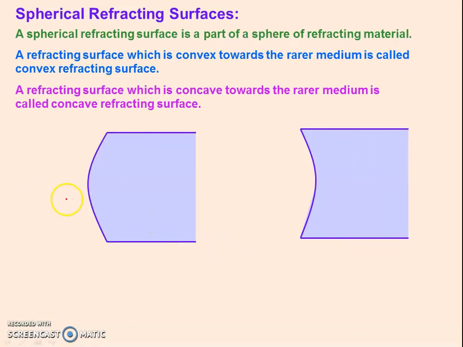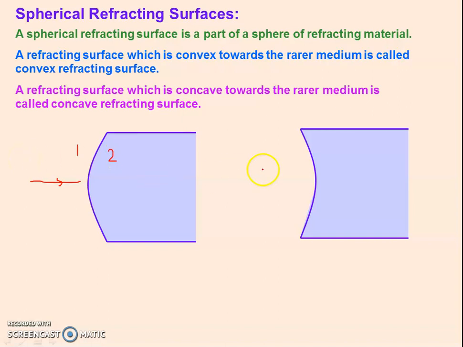In the left hand side diagram, the surface is separating the rarer medium 1 and denser medium 2. When we see this surface from the rarer medium, it appears a convex surface. So it is called a convex refracting surface, since the ray always travels from left to right, and the observer is in